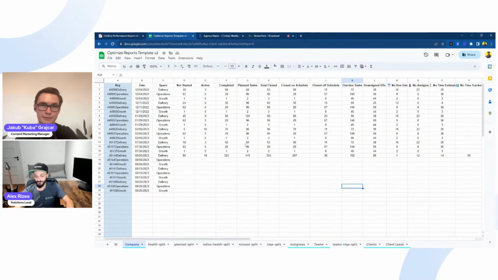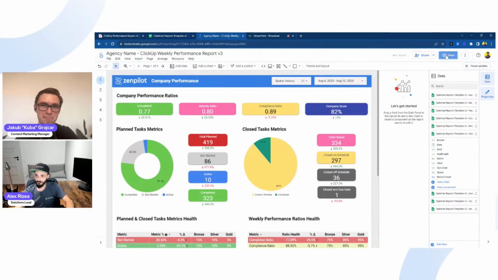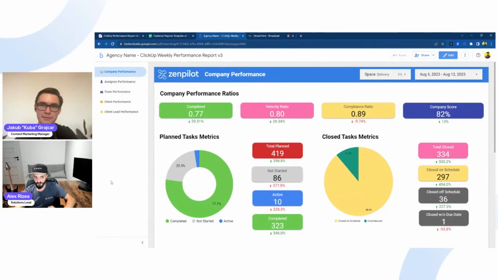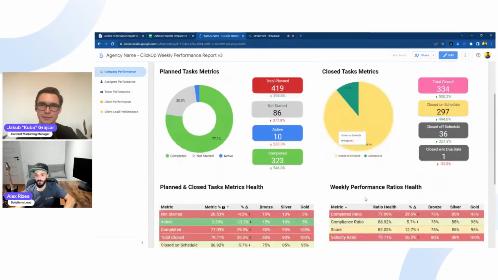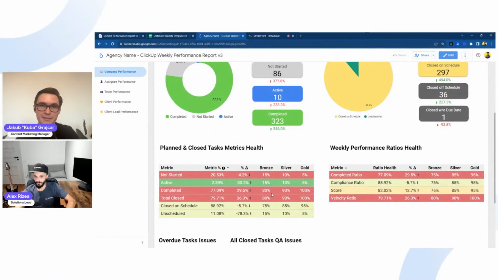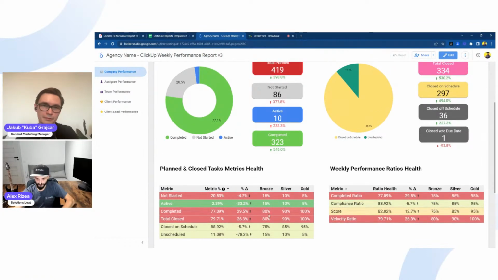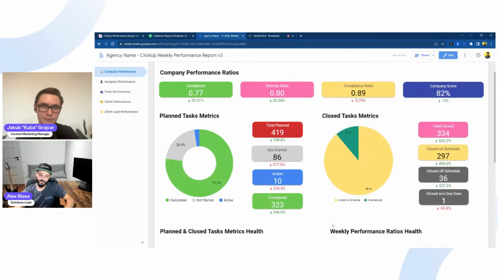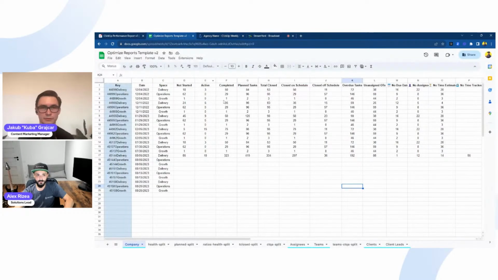Looks very weird. The end goal is having something that looks like this over here, where you can see something and pretty much calculate whatever you want to calculate. In this case, see a breakdown of what you want to have over there, break down tasks the way you want to break them down, find out your key ratios, where they sit, the level where you'd like to get them. None of what you're seeing here is really achievable with native ClickUp dashboards and dashboard cards. So the only way to get something like this completed ratio over here is to calculate directly completed tasks against the planned tasks.